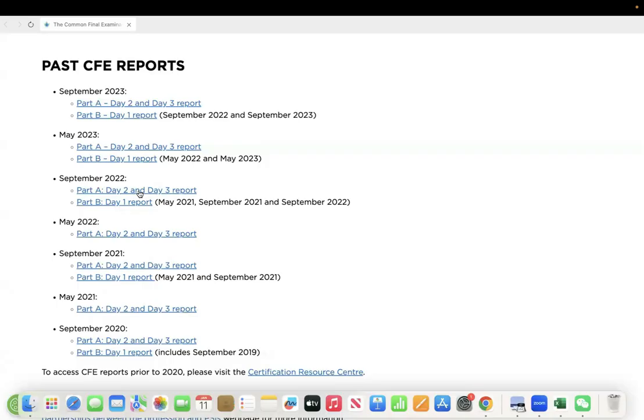For example, the first CFE exam happened in 2015, but IFRS 15 came into effect in 2017 or 2018. Yeah, it's 2018. So in the first CFE exam in 2015, there's still the old rule. So when you read those published reports, you should keep in mind that they don't actually update those things, as well as the tax rules.